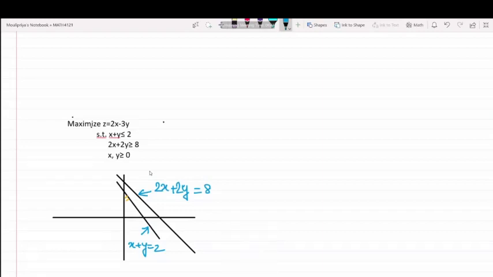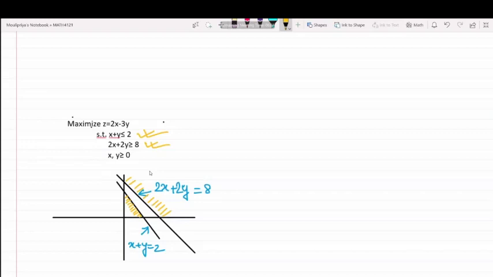Can you tell me what about the feasible region in this case? No region. For the first constraint, the origin is satisfying the given inequality, right? That implies this should be the region corresponding to the first line. And if I consider the second line and replace x and y by the origin, it is not being satisfied. That implies this is the region which corresponds to the second constraint.